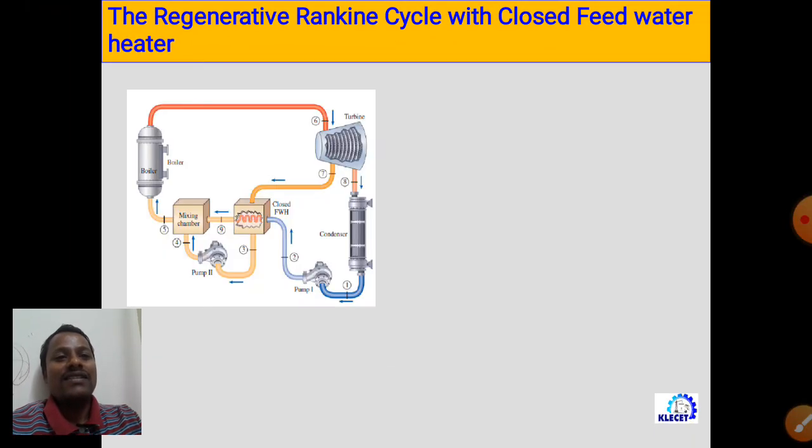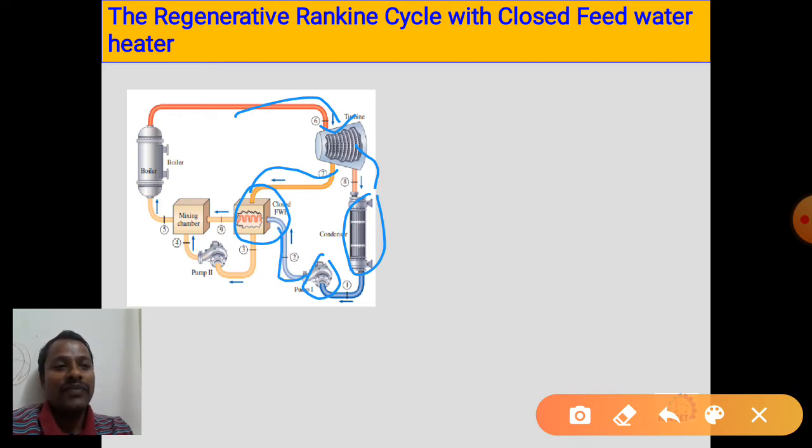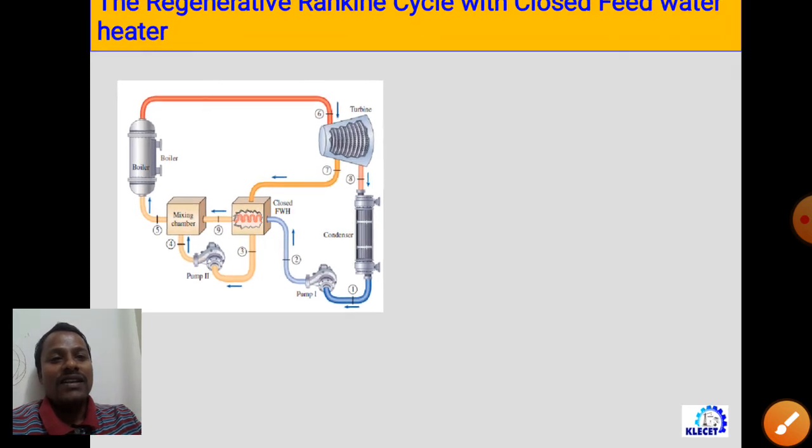So this is the closed feed water heater that you are observing. Here the steam from the boiler enters the steam turbine. A small quantity of steam is bled out of that, and the remaining steam is expanded inside the steam turbine. This is the condenser and this is the pump, and it enters the closed feed water heater, wherein it is